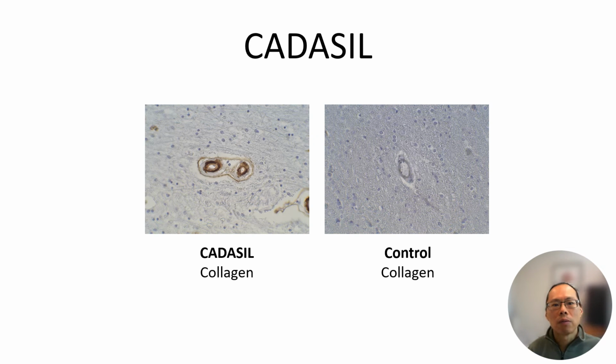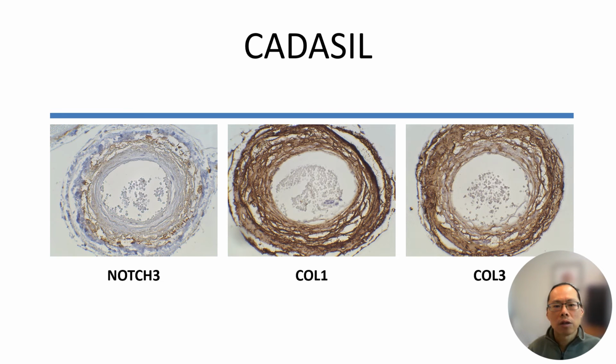The arteries of the brain that fail exhibit some very characteristic changes that are seen here and in the next slide. There is thickening of arteries, especially of the white matter, with fibrotic changes that involve the full thickness of the vessel wall. In addition, we observe loss of normal smooth muscle cells and increased collagen content. The collagen accumulation stiffens vessels of all calibers and permeates through the full thickness of the